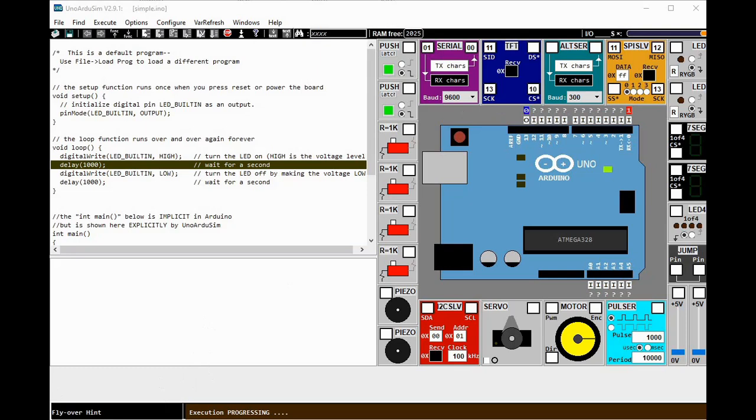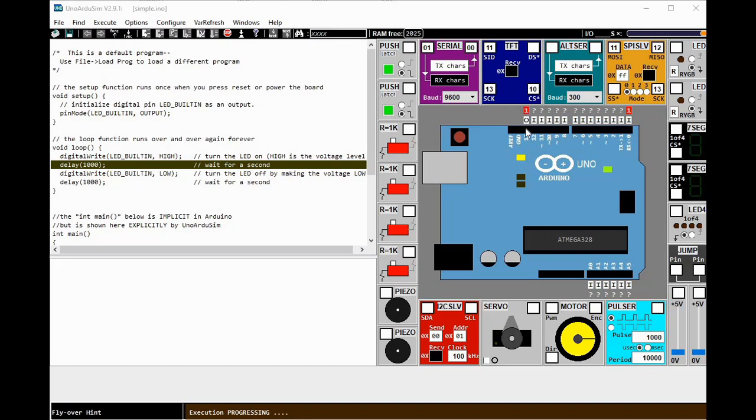Let us now proceed with another example wherein we want to light the LED that is connected on your Uno Arduino board. So you notice that the LED is synonymous to your pin 13, so it is actually connected.